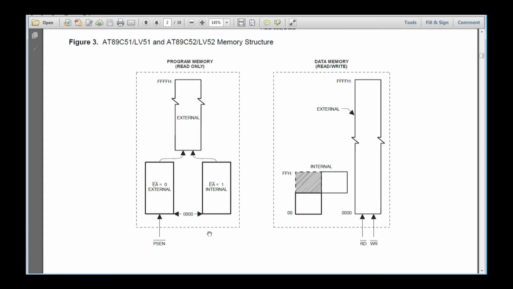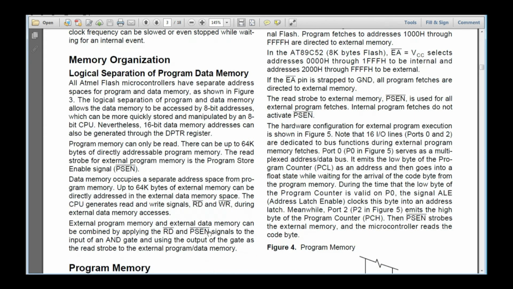If the memory location starts from 0000 for both program memory and data memory, then we can say it is a Harvard architecture. That is the prime requirement. In Von Neumann architecture, there will be only one memory, so the address runs from 0000 to FFFF, and the ROM and RAM memory locations are shared in between. That is called Von Neumann architecture. But the 8051 belongs to Harvard architecture. That alone we can understand from this slide.